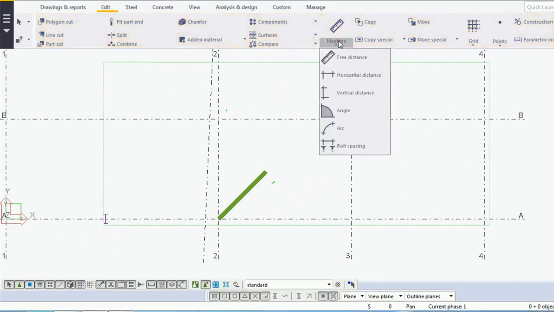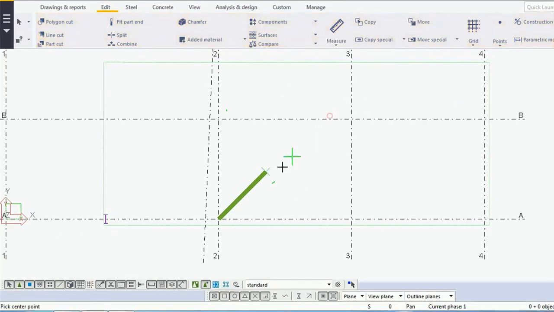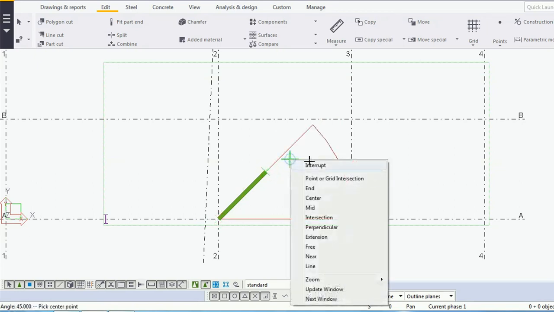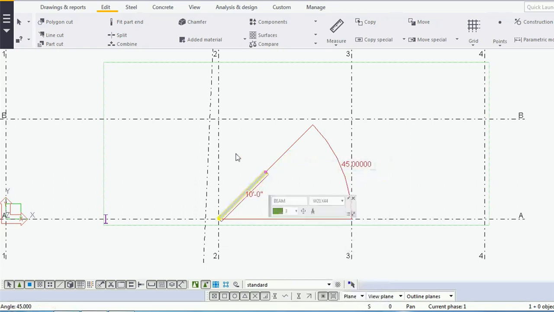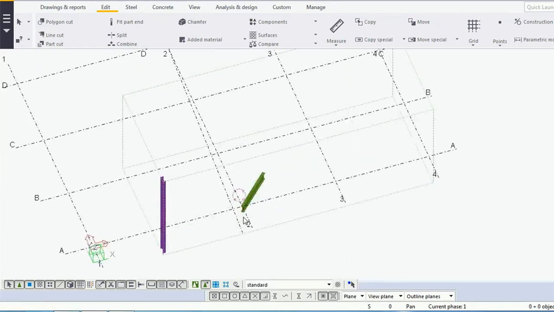So I will check its angle, it's 45, and also check the length, 10. Okay, in this method the beam is rotated in XY plane.